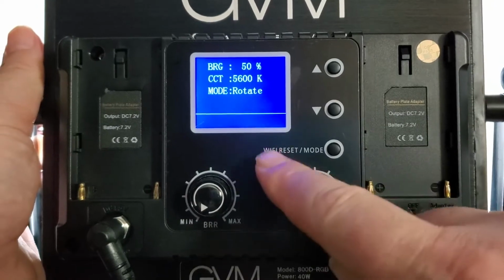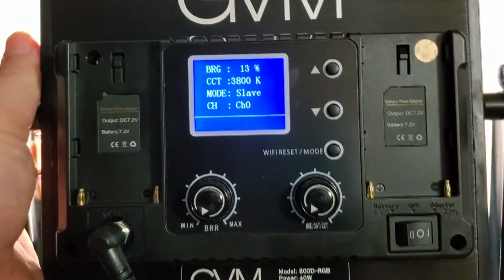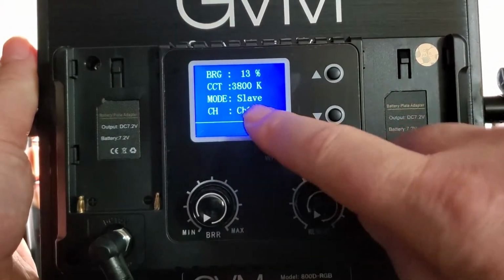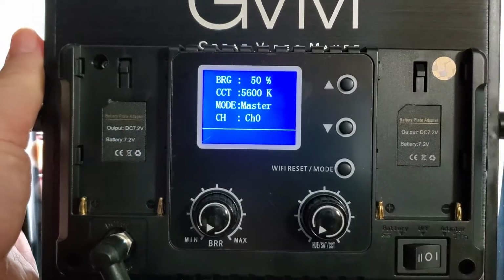Okay, next we are going to use this Wi-Fi reset / mode button to change the mode, and we access a mode here that's called slave. So there is slave and master. I like this system because basically